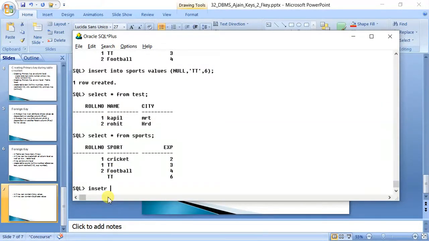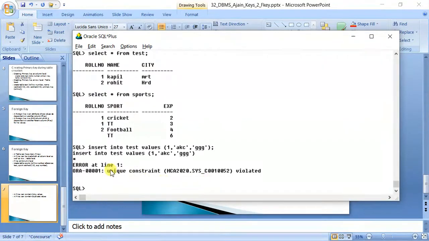As you can see, insert into test values. If I try to enter 1 comma something again, it will give an error. Okay, constraint violated, because roll number 1 is a primary key, so it cannot be duplicated and cannot be null.